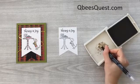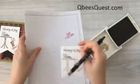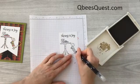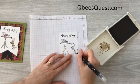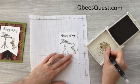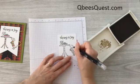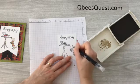So I'm just going to take this ink pad. Oh, and the other thing I'm going to use is a scrap piece of paper, because you want to test out your color first, right? And then you can use little back and forth strokes, or a small circular motion. Try it both ways and see how you get better blending. Using blender pens, there's a little bit of a learning curve to it. It's not hard, but I always like to kind of blend out